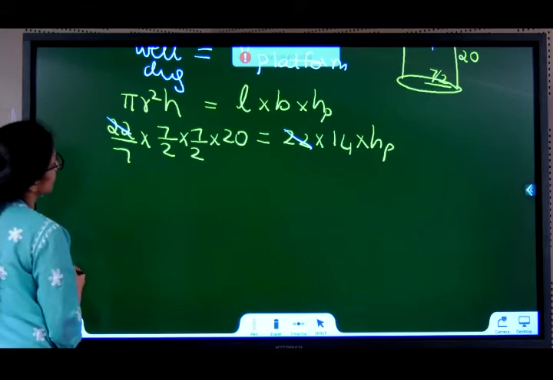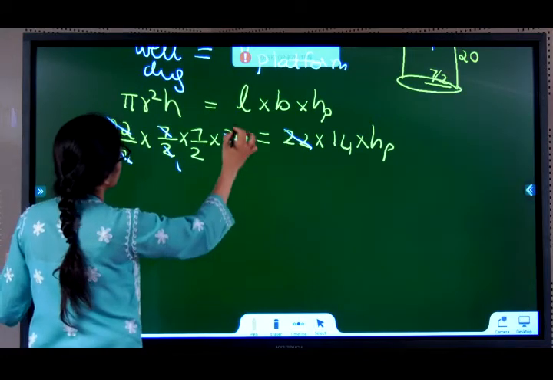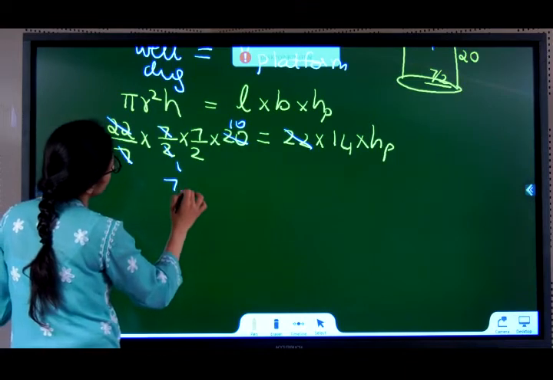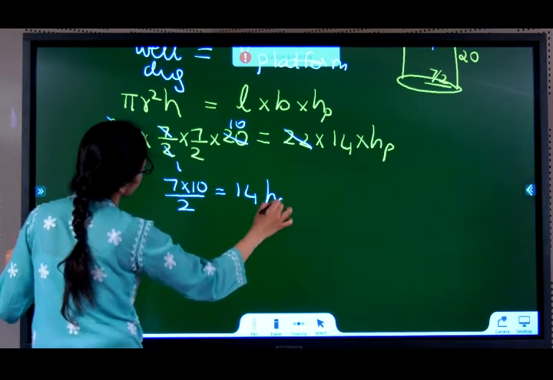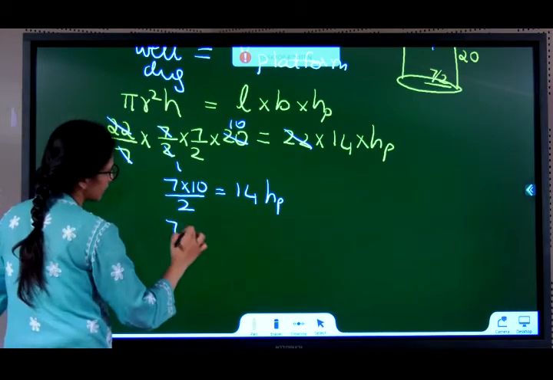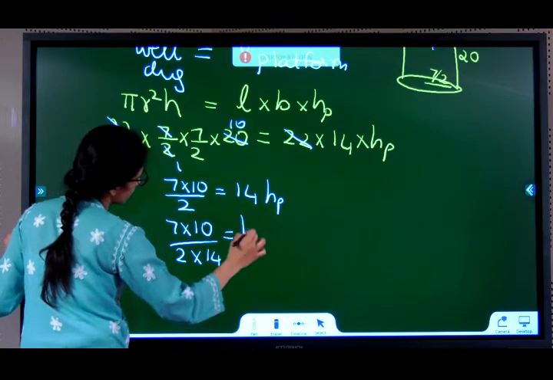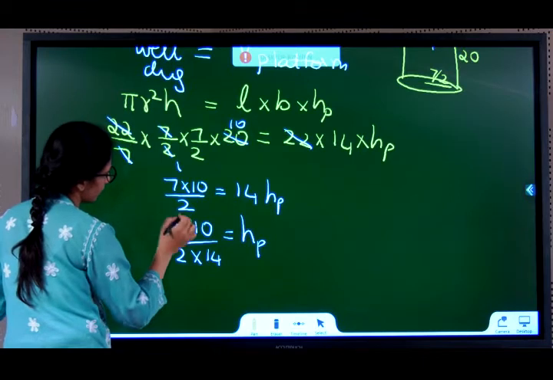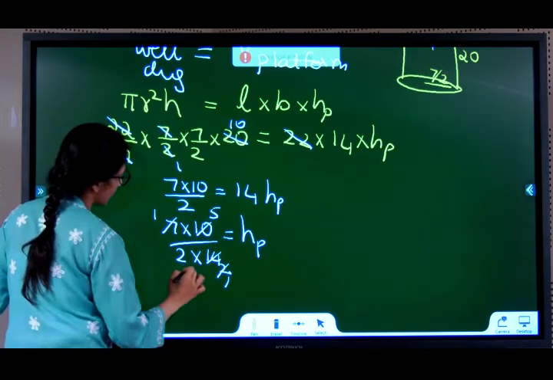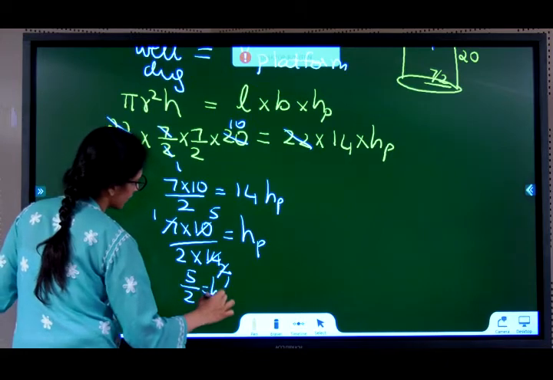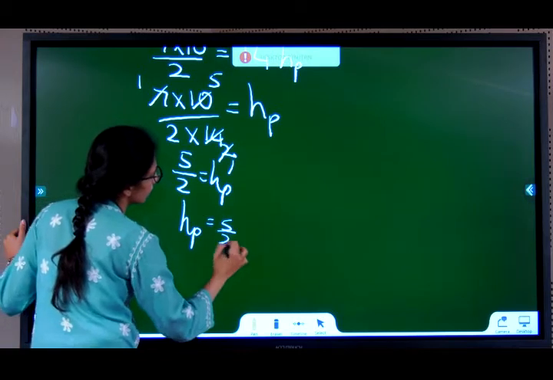22 cancels. 7 here cancels. 2 1s are 2, 10s are. 7 into 10 by 2 is equal to 14 HP. 14 comes down. 7 into 10 by 2 into 14 is equal to HP. 7 1s are 7, 2s are. 2 1s are 2, 5s are. 5 by 2 is equal to HP. Height of the platform is either 5 by 2 meters or